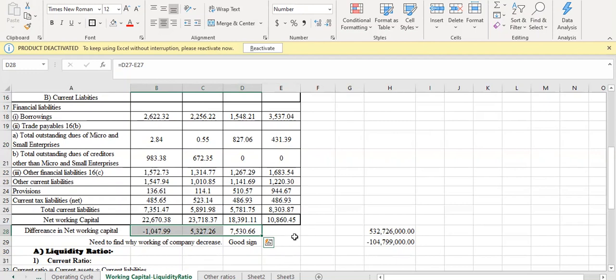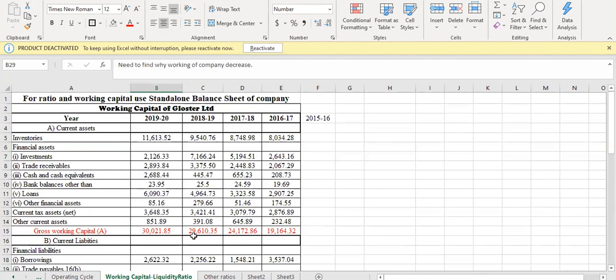As you have already done company analysis in the first mid, where you analysed the company's future and current prospects, on the basis of that, if you are able to justify why this working capital increased in a year, or why it may have decreased in a year, please write that as an interpretation, because it will have a linking. So this is nothing but a working capital calculation for the Gloucester Limited company. The same way you have to calculate.